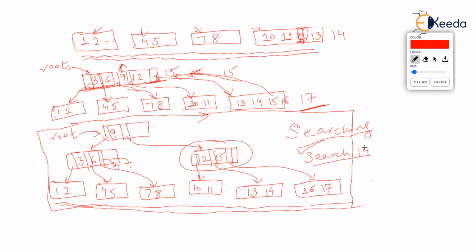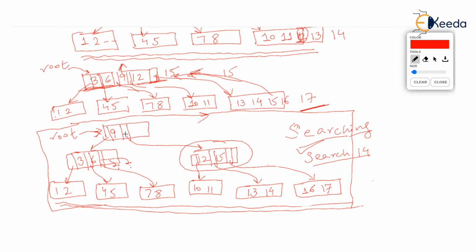Now the problem is we know only the root node, isn't it? Because the address of the root node is known. The addresses of other nodes are not known by us, because the addresses of descendants are stored by ancestors. So we want to search 14. Our search always starts from the root, and as we are searching 14, we will compare 14 with 9 in the root, and we quickly know that 14, if present, must be to the right of 9.